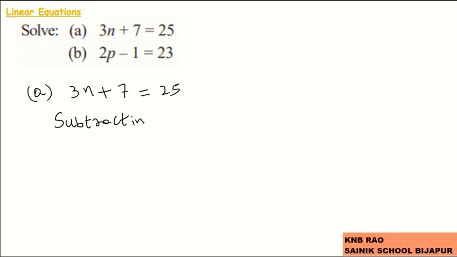So, we are going to do subtracting, since plus 7 is extra to the 3n. We will subtract first. Subtracting 7 on both sides,